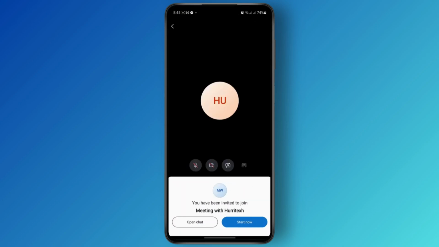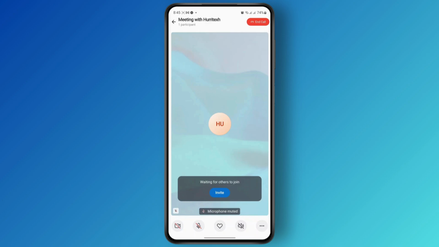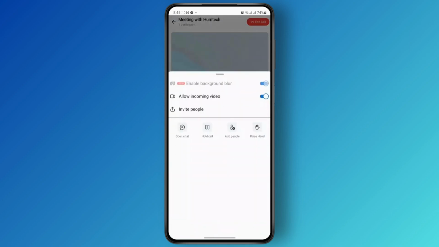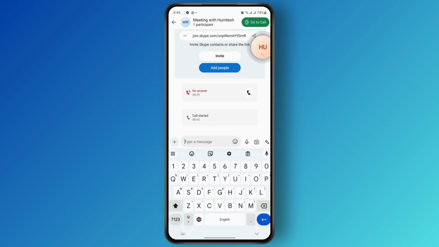And once you are redirected on your Skype, you have to make sure that your Skype is up to date and you have your account logged in to your Skype. And from here, you can just go ahead and tap on. And as you can see here, you have now successfully joined the Skype. So you can go ahead and interact with it. Here, you can just go ahead and open chat, type something on the chat, and get all of the benefits